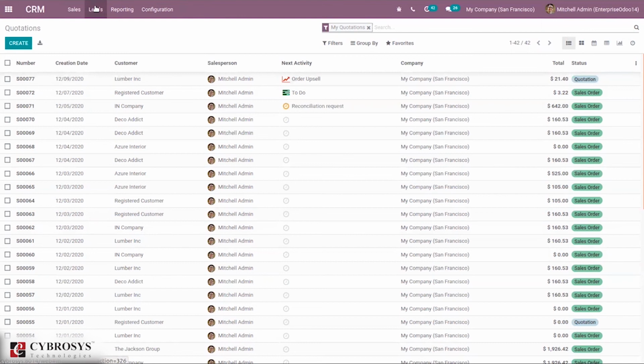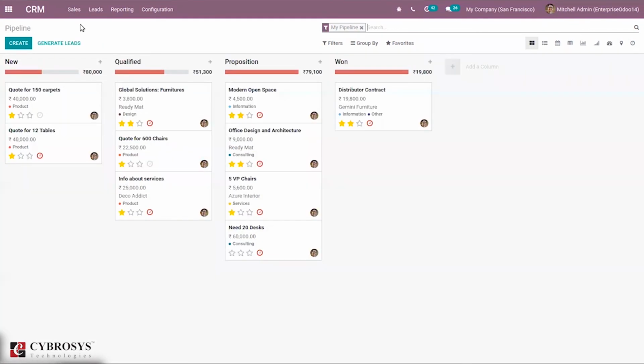And then if you go to my pipeline, that is opportunities, you can also schedule activity for your opportunity. So from here you can see some activities are already scheduled, and you can see the overdue here. And if there are overdue activities, you can see here the red color, as we have one overdue, and here you can see two overdue.